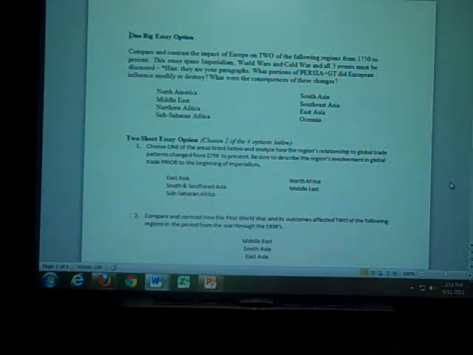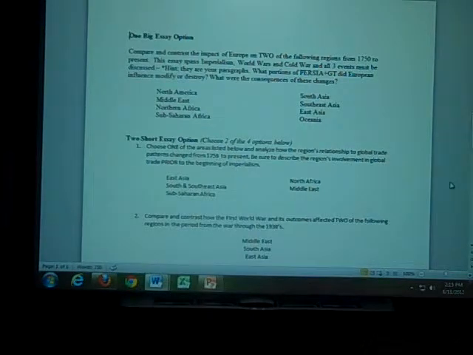With North America, would you expect us to talk about the U.S. and Canada during the World War? You only have to pick one country in each paragraph, and you don't necessarily have to use the same country. So like you could use Canada in the imperialism one if you wanted to, and then you could talk about the U.S. in the other two. So as long as the country is part of the region, you could use whatever country you want in each of the paragraphs. You don't have to talk about the exact same country all the way through. You just have to make sure you talk about a country from that region all the way through. Do we understand the difference between that?